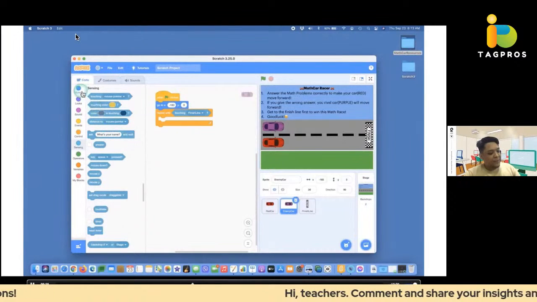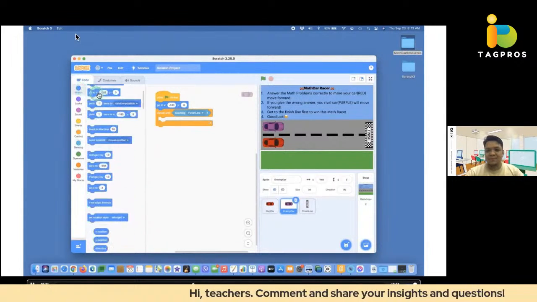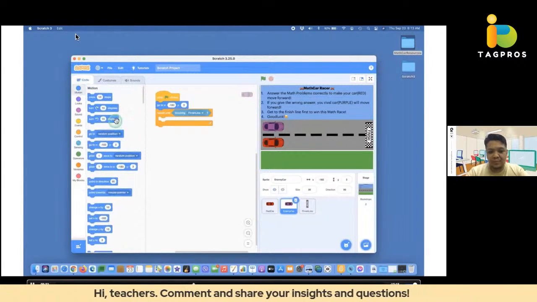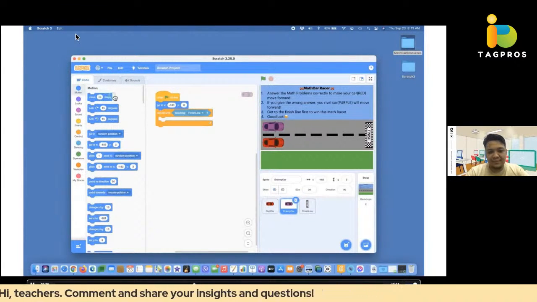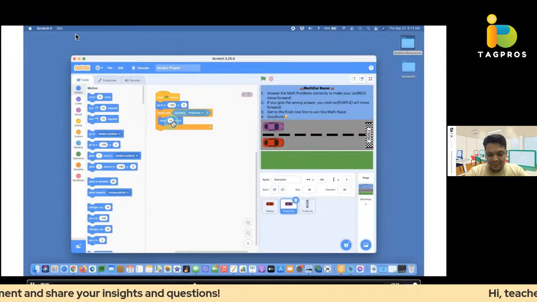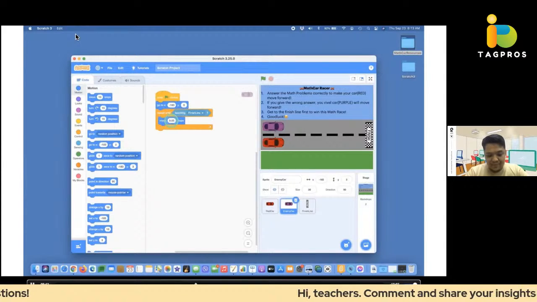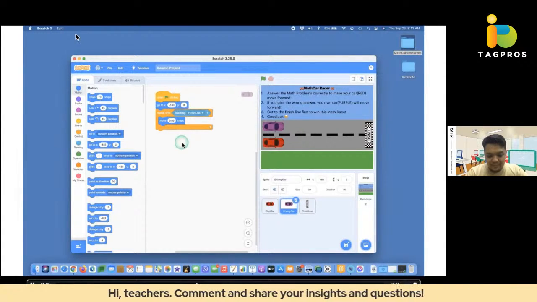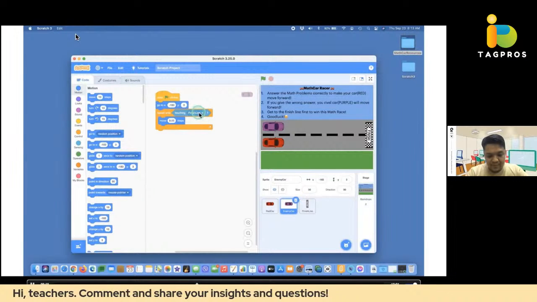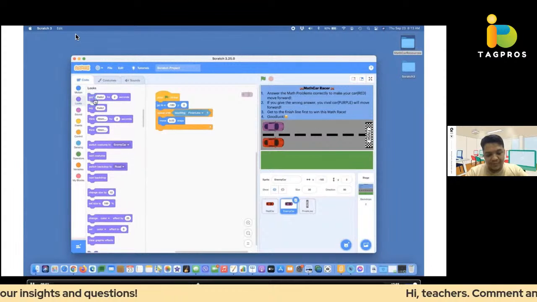So it will constantly move at a slow pace of 0.05 steps. Okay. And then once it touches the finish line, it will say that